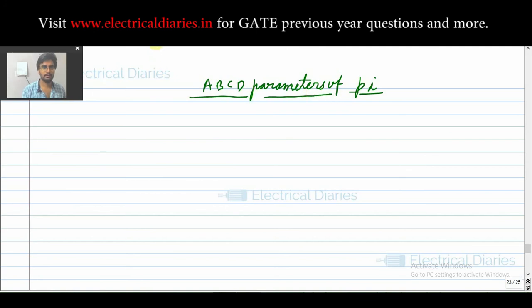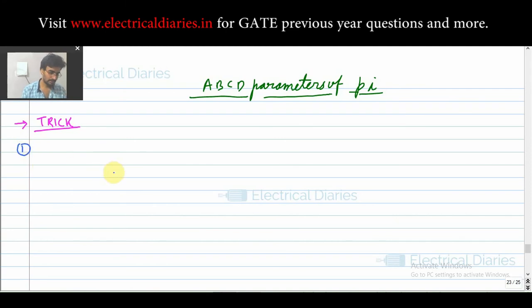and here I will show you the trick. I will show you the trick to find the ABCD parameters of the pi model of a transmission line, or maybe this trick is valid in any model, but I will demonstrate using the pi model. Okay, so what you need to know to understand this trick is this thing.